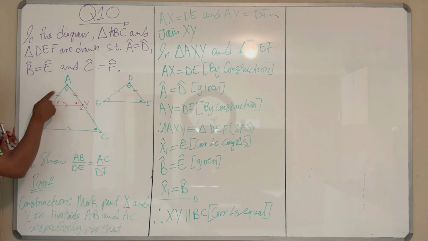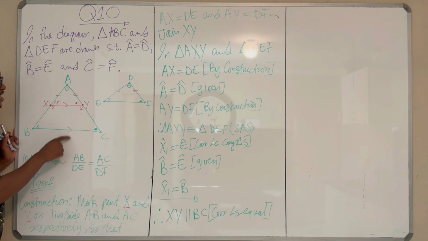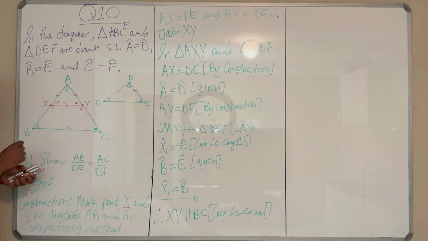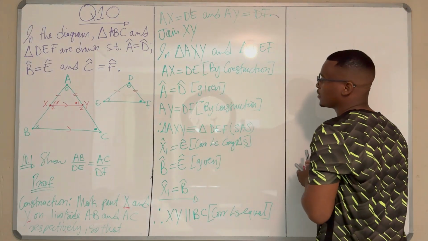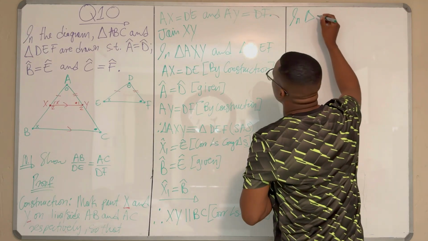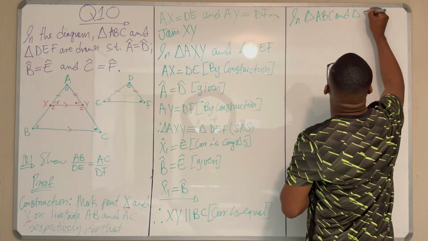It says if you have triangle ABC and it's divided by XY, which is parallel to the third side, then XY will divide the two sides of that triangle at the same proportions, or at equal ratios. So we can say if you take your AB over your AX, it should be the same as AC over AY. That's what that means. So in this case, we'll say, in triangle ABC and triangle AXY,